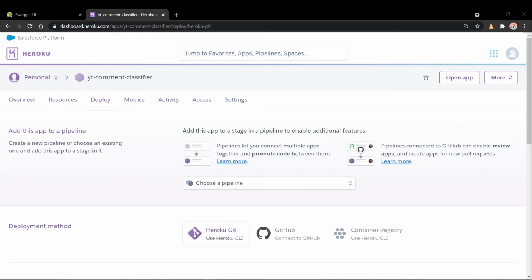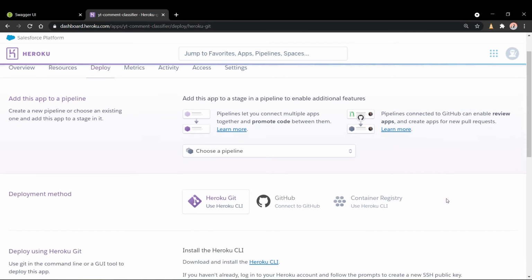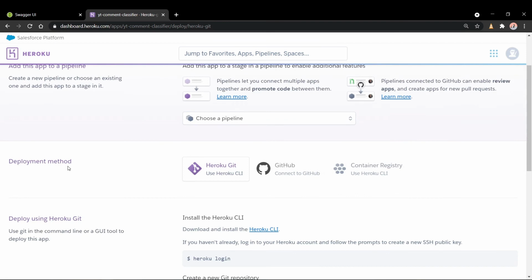Heroku. So once you've navigated to Heroku and created an account, if you haven't already, you can begin to create a new app. I've already done so, and I've just named it YouTube comment classifier. And once you've created a new app, you can go to the deploy tab, and we are faced with a bunch of options. So there are different options where you can deploy our application. You can either connect to your GitHub repository directly, or we can use the Heroku CLI, which is what we'll